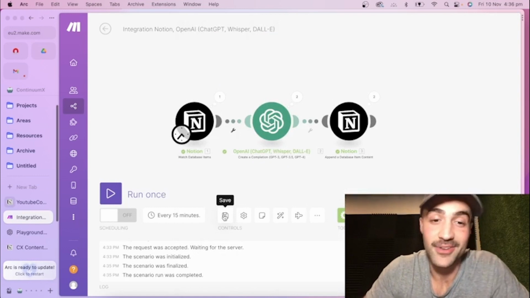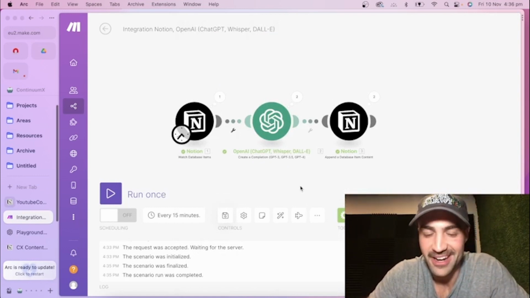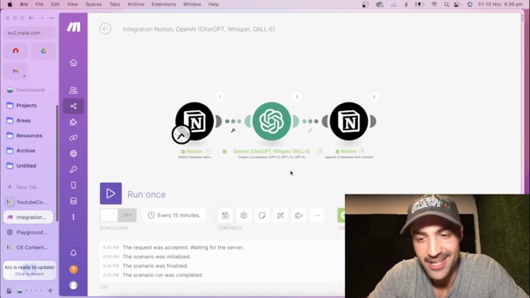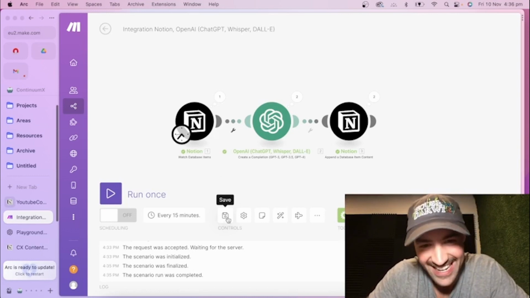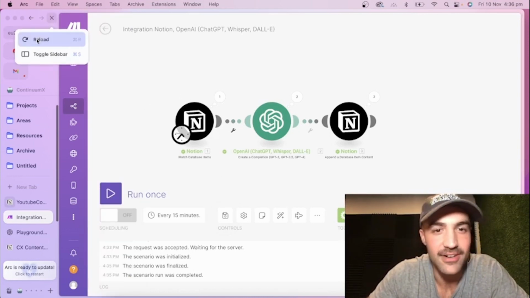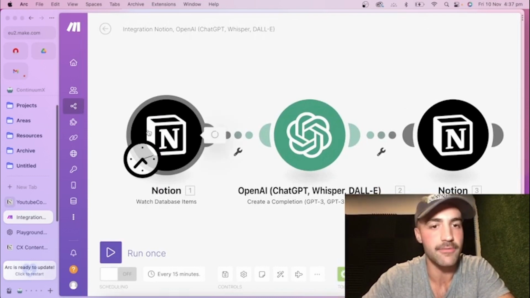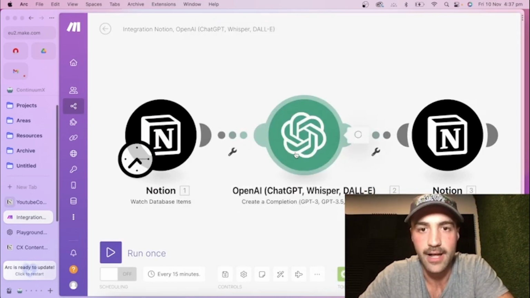Now also make sure that you save. Make is one of those platforms that just doesn't have an autosave feature. It's amazing. Don't know why it doesn't have autosave, but just make sure you save that. If you run into any errors, just reload. Now play around with that, and after a couple of tries, you should find when you go to your